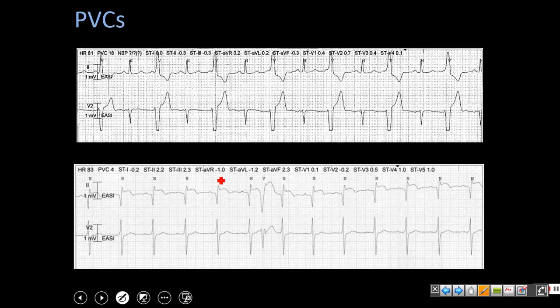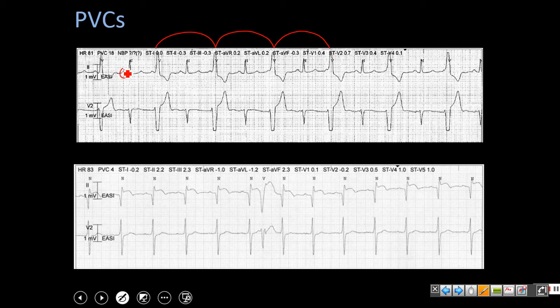Okay, next strip, on the top we have ventricular bigeminy. So every other beat is a PVC, ventricular bigeminy. And something I'd like to point out in this strip is in front of this, so here you see,